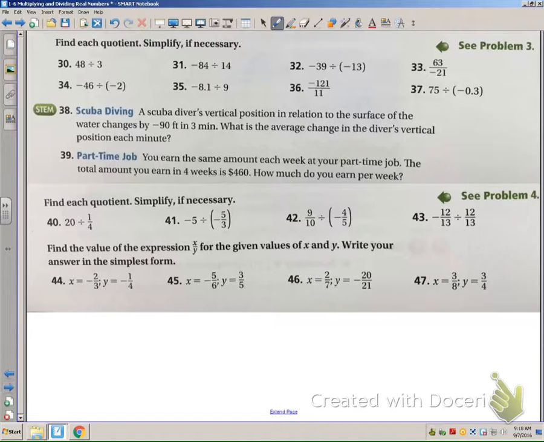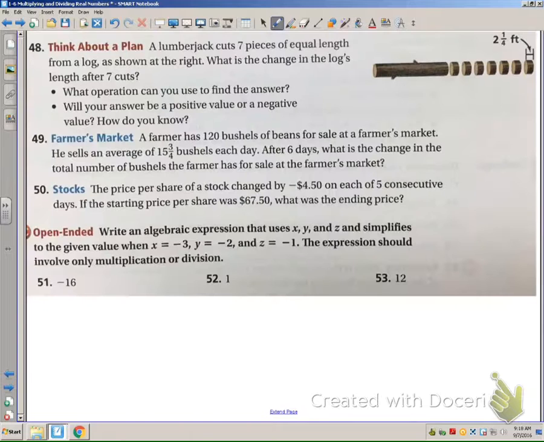Don't panic just because there's some words. You guys can do this. We did a problem just like this one in class with the scuba diving. Don't panic on me. You can do it. Just do your best, and we will go over these answers. I will go over them and explain any misconceptions that you may have had